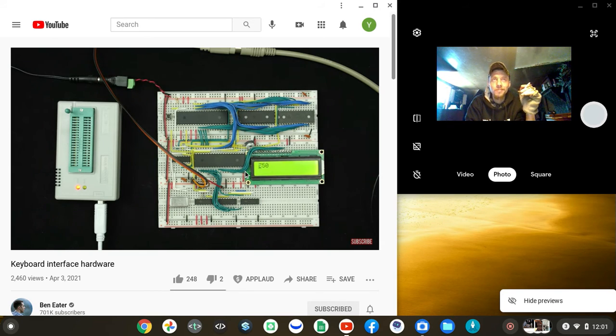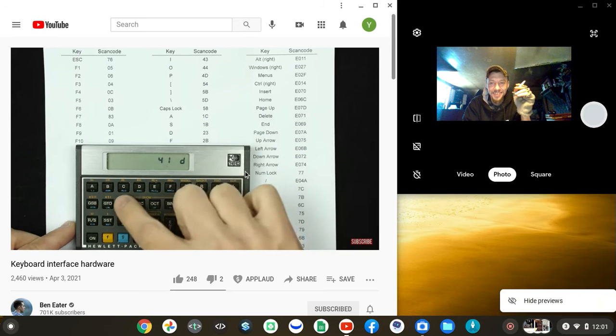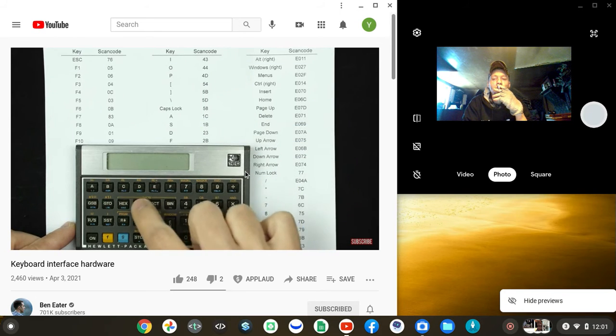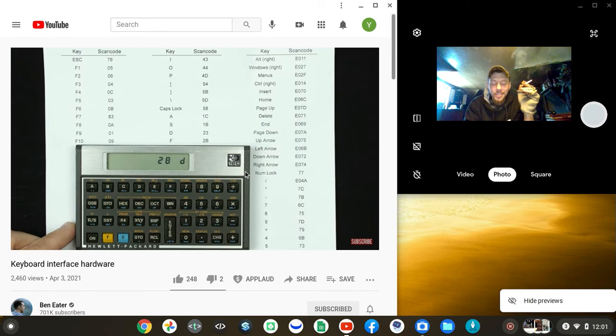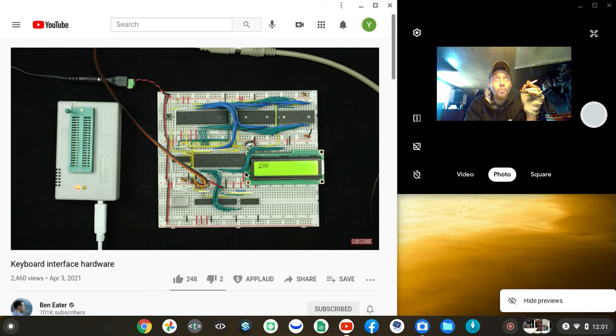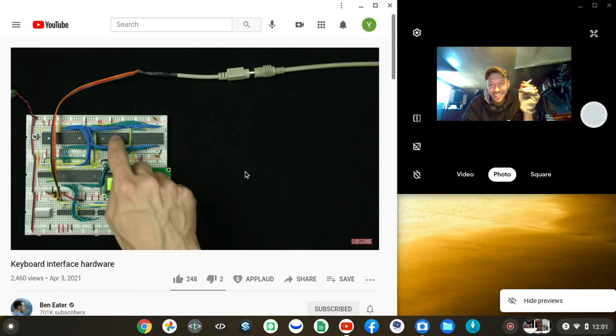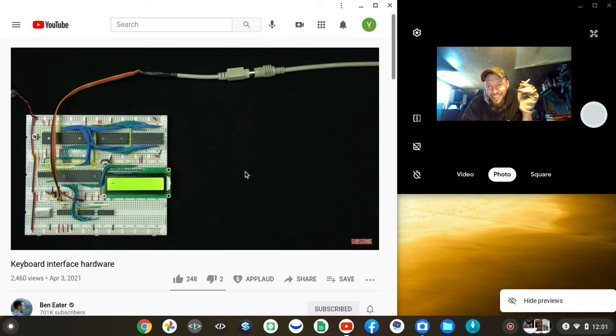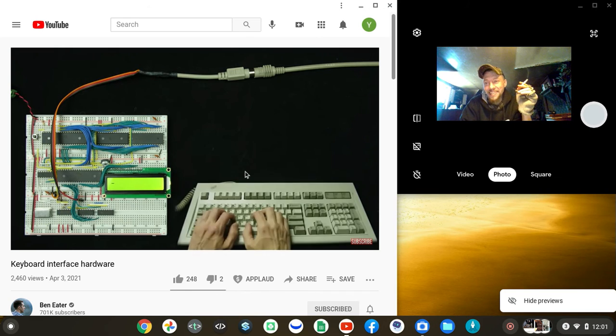Other keys, we do see the codes for keys. We get 28, and the scan code for A is 1C in hex, and so that is 28 decimal. So it looks like we're reading keys from the keyboard. So at this point, we're basically done with the hardware part of this keyboard interface. Although we could certainly make the software much better. And so that's what I'm going to do in the next video, is update the interrupt handler software to interpret those scan codes and be able to figure out if